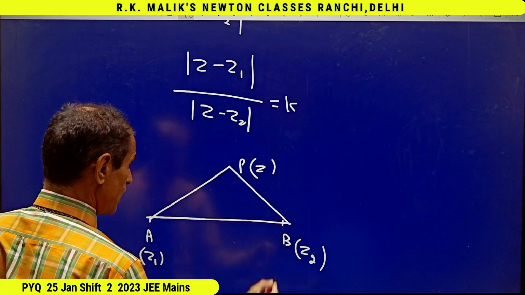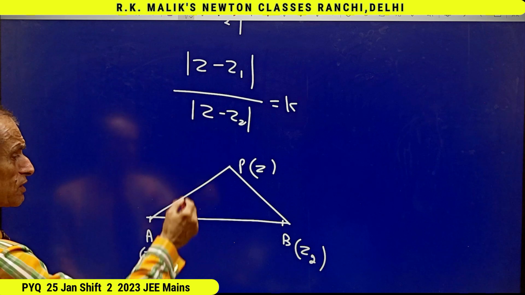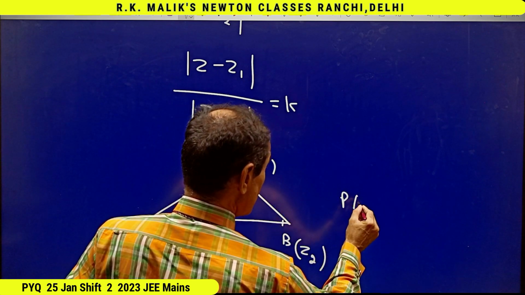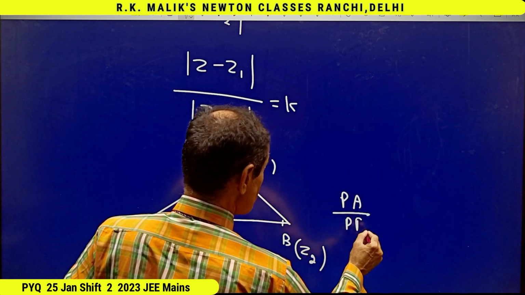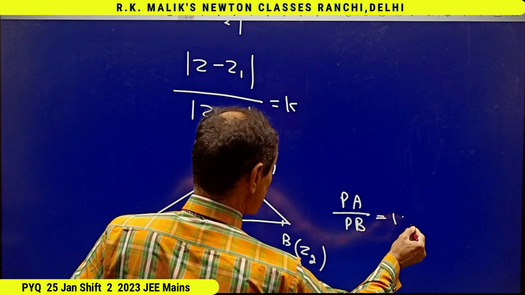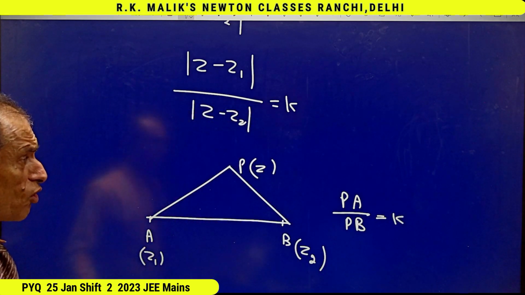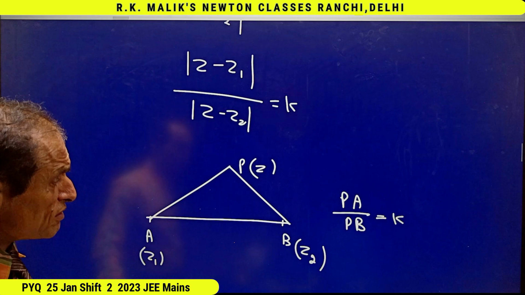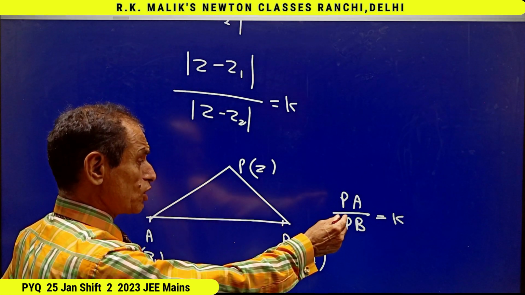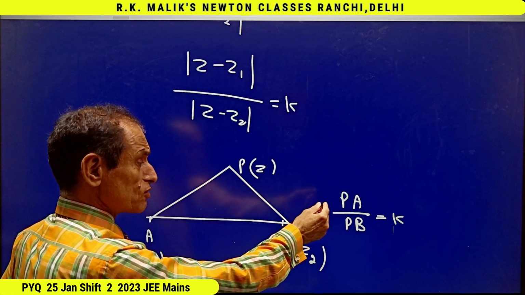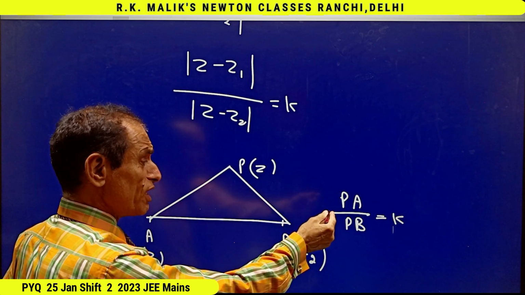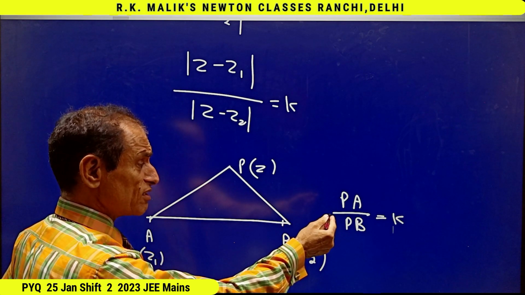According to this, PA upon PB is equal to constant k, where k is not equal to 1. Remember this thing, that if k is not equal to 1, then the locus of P will surely be a circle, and that circle is called